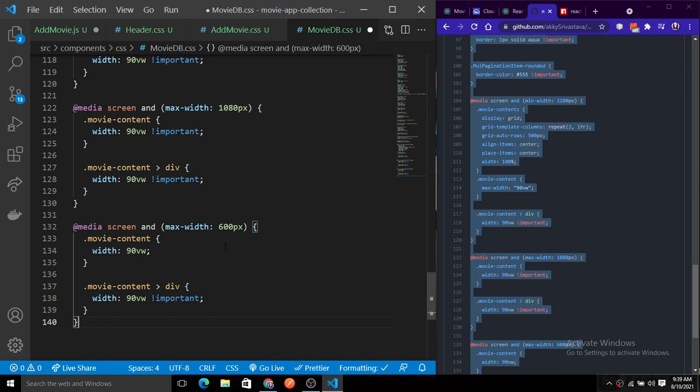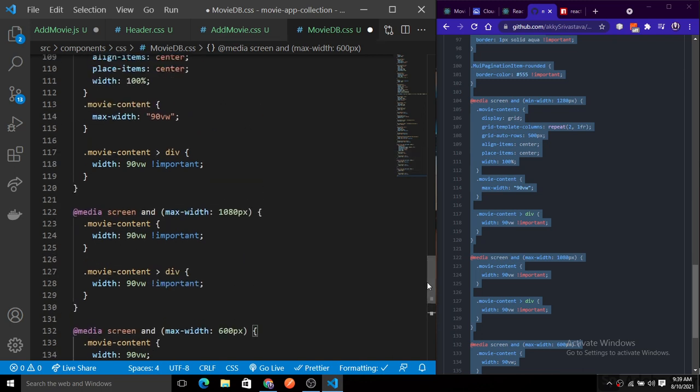The 600 pixel maximum size simply defines mobile devices. Mobile devices have a width ranging from 300 pixels to 600 pixels. If it is an iPad, then it should be 768 pixels. And the maximum size of 1180 pixels is for smaller desktops, like laptops with smaller screens.